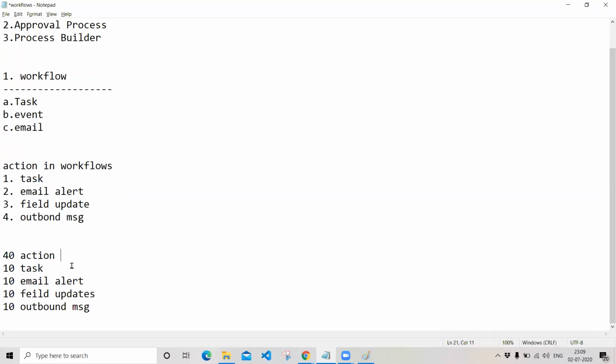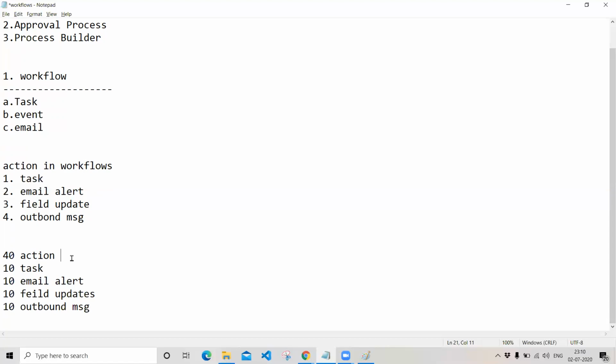Workflow rules can update the parent records also. In the concept of field update, you are updating your own record, but in workflows, you can update your parent record also. Suppose customer and loan are in a parent and child relation. If you are writing a workflow on the loan record, the customer record can also be updated from the loan record itself.